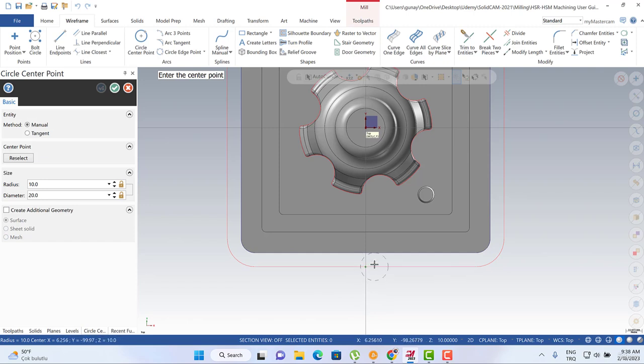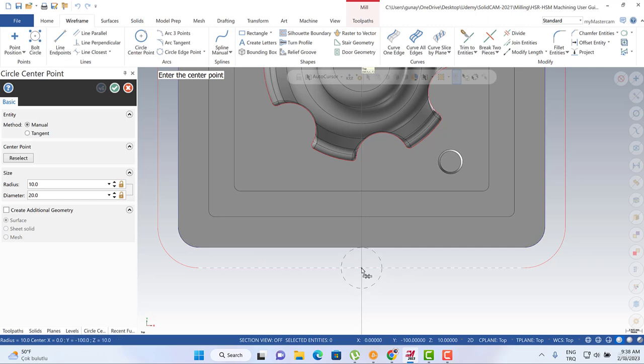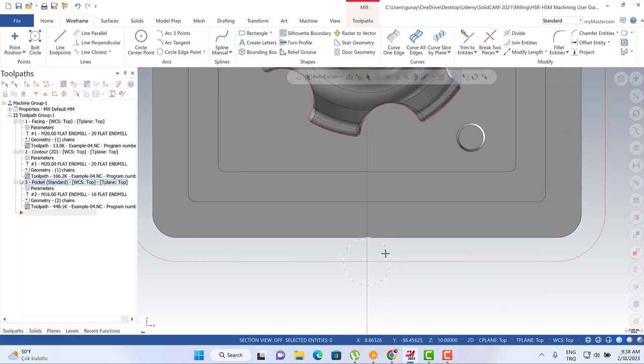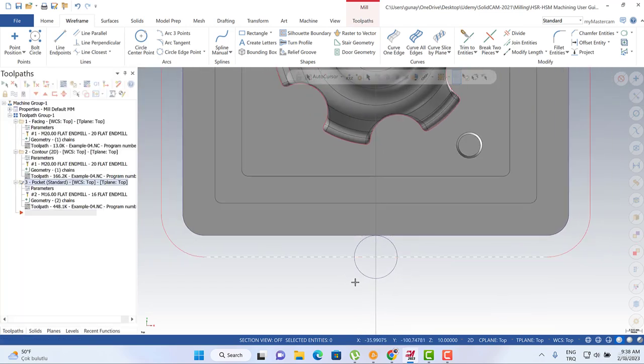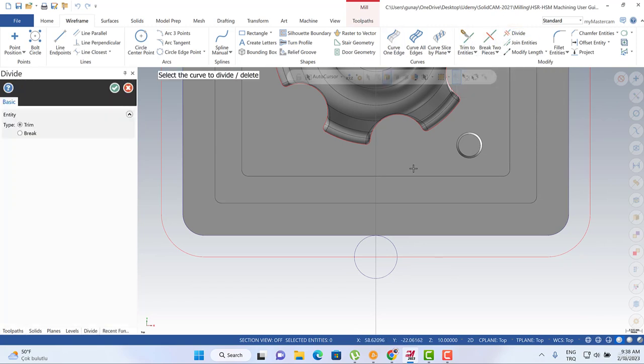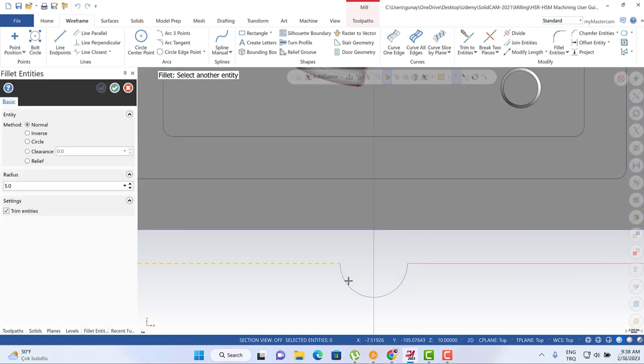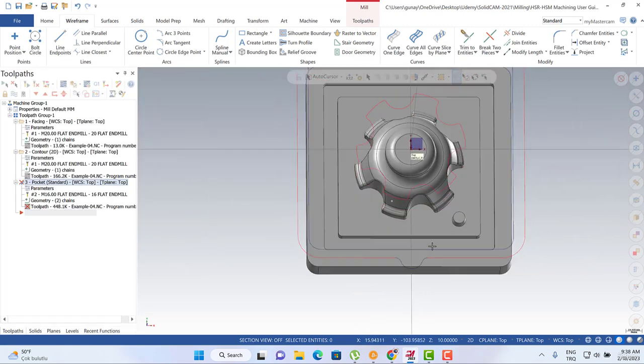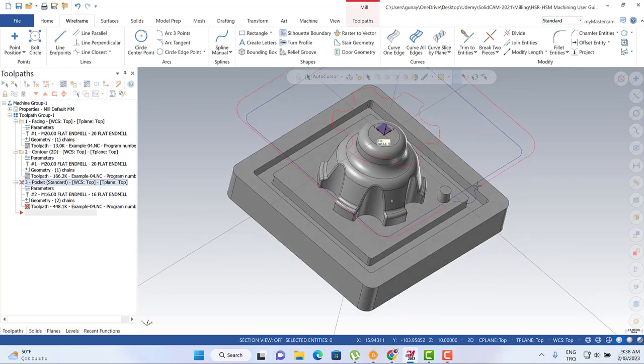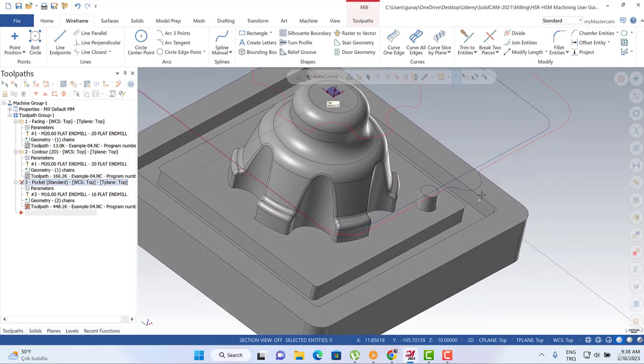Like this one, for example. Okay, so like this one. According to this geometry, we can use divide options, and we can cut this one, and this one. We can also use the fillet operation to organize some fillets here. Yeah, that's perfect. If you create that kind of trick in your geometry, we can easily enter